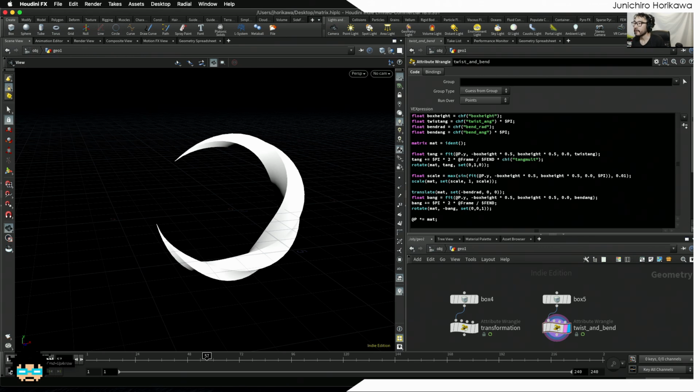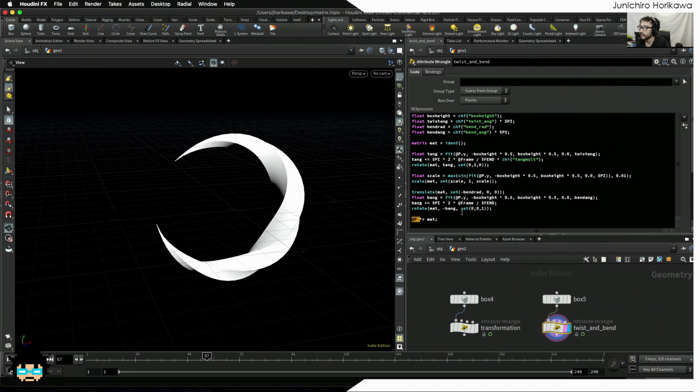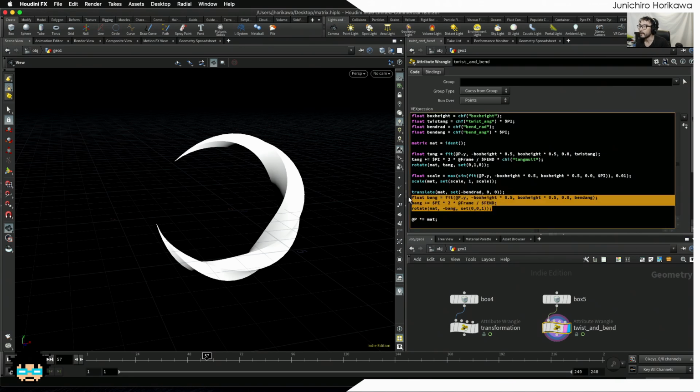Now I want to show you one more thing for this exercise. After I have created this complex matrix to create this kind of shape, you can actually reverse engineer this matrix to make this geometry go back to the original shape, which is this box. And in order to do that, you need to do a reverse matrix transformation. So from the current point position, which is this one, you need to do exactly the inverse